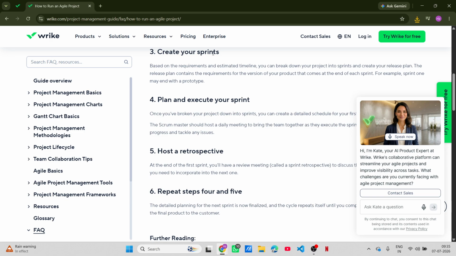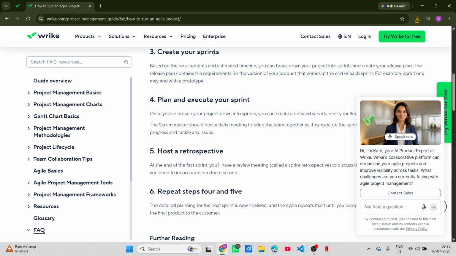As tasks progress, it's essential to keep the board updated. Encourage your team to regularly update the status of their tasks. This way, everyone stays in the loop, and you can quickly identify any bottlenecks or areas where help is needed. Using Wrike's comments section within each task also fosters communication, allowing team members to share updates or ask questions directly